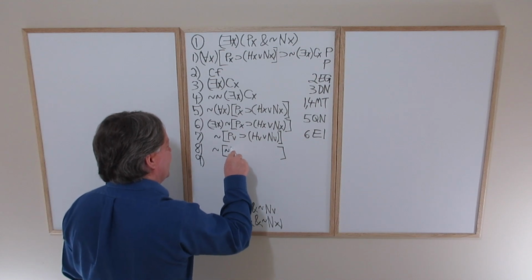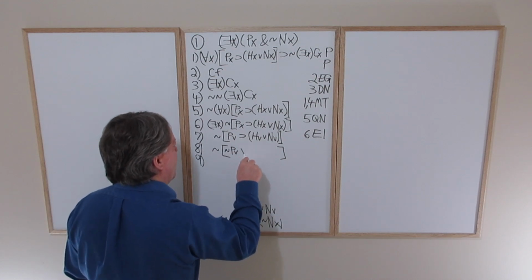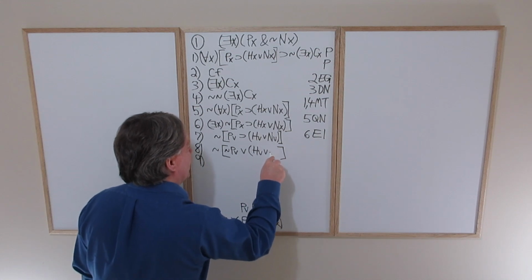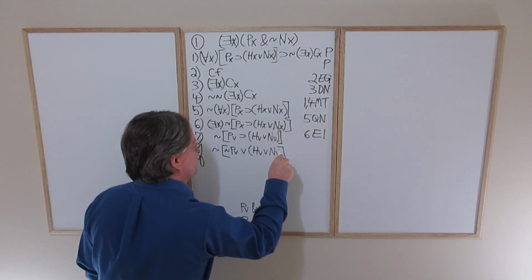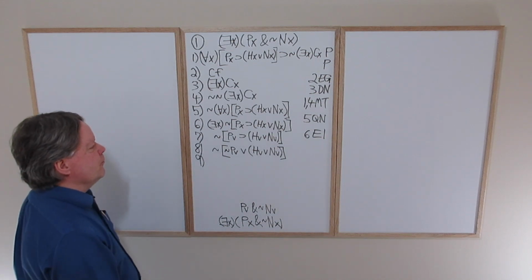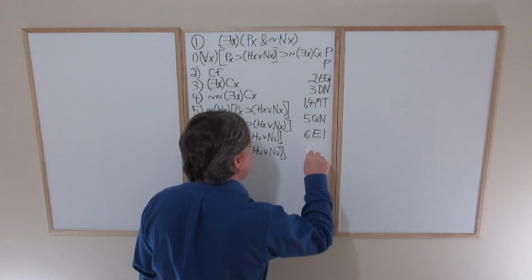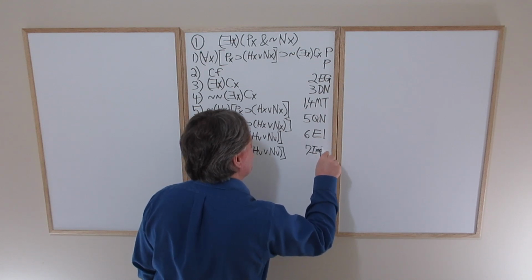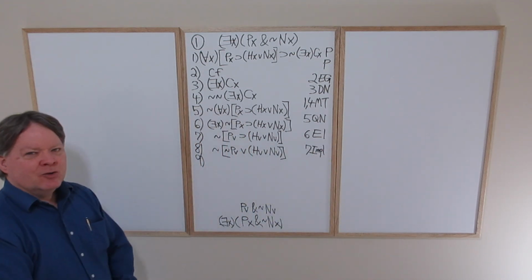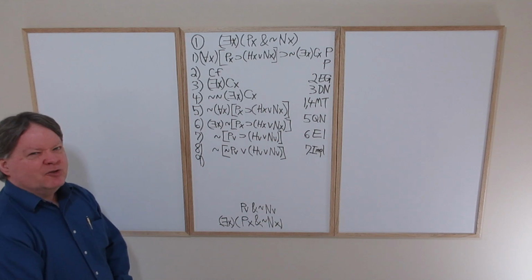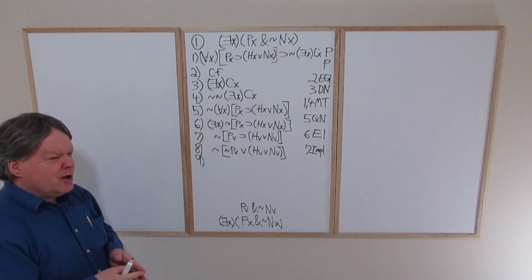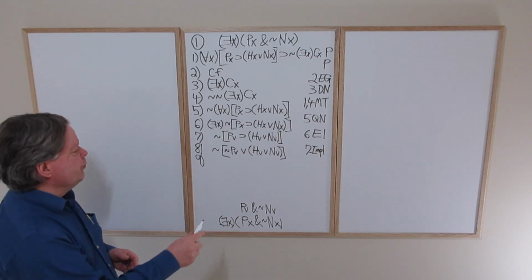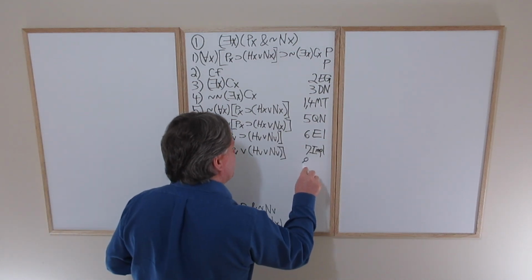So this is going to be tilde PV or HV or NV. So that's 7 implication. See, there's no getting away from the sentential logic. You need to have mastered the sentential logic throughout the course. 8